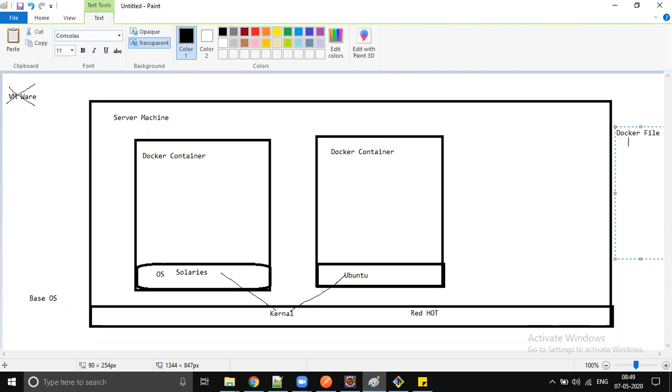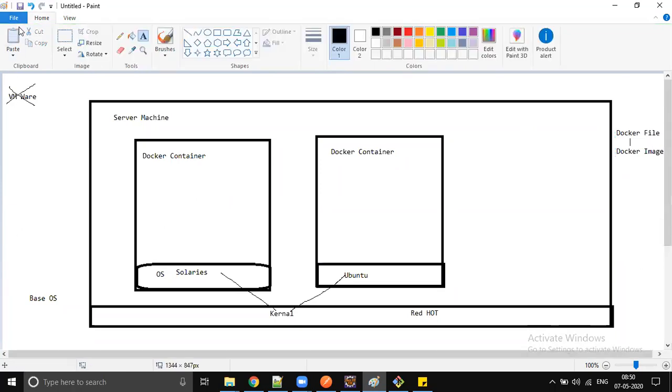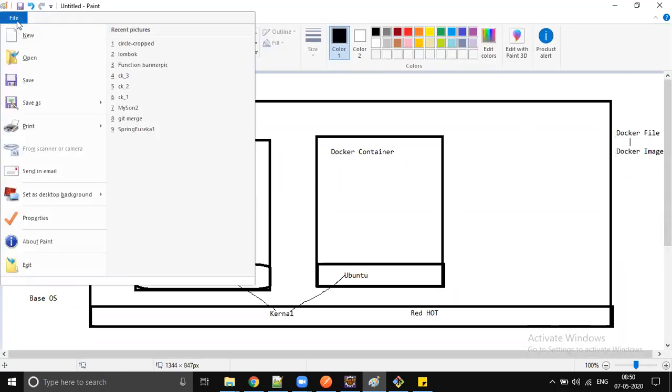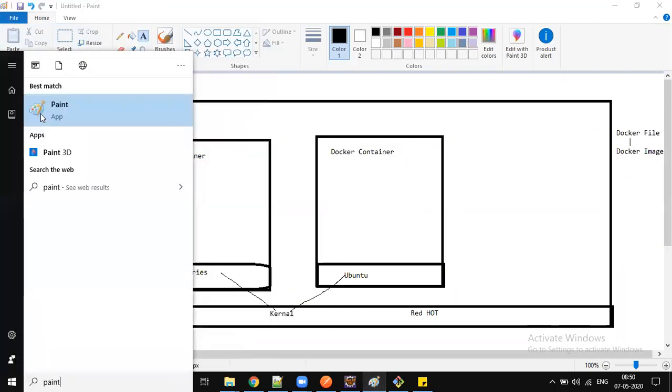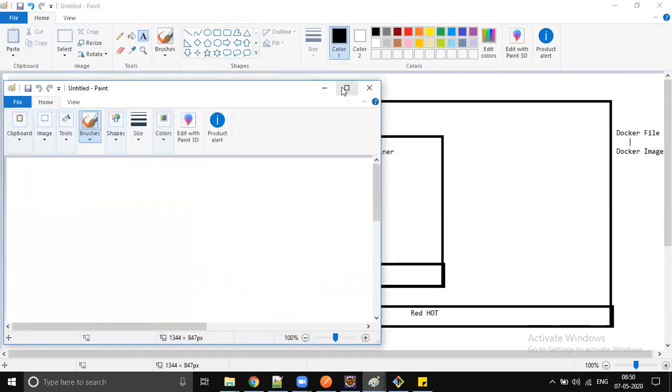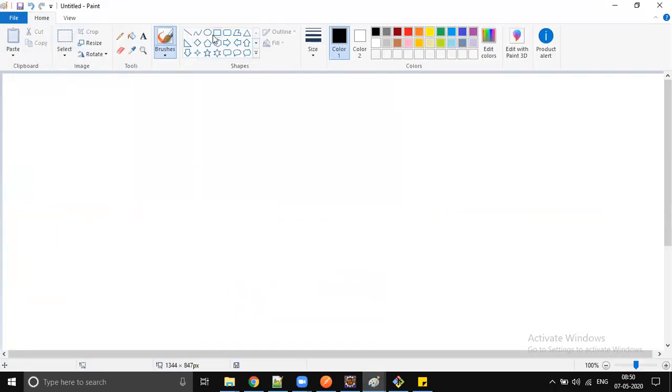Then this Dockerfile will be converted into a Docker image, right? So how exactly is your Docker going to be?